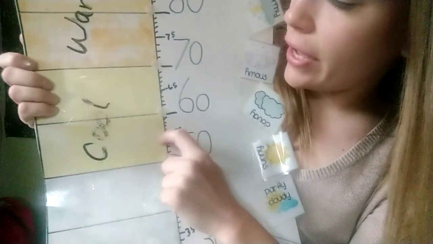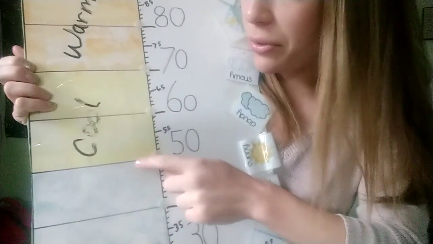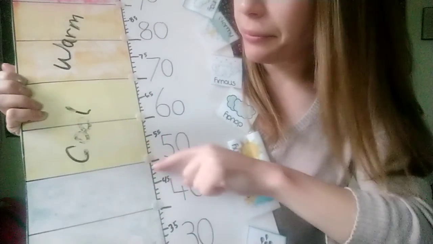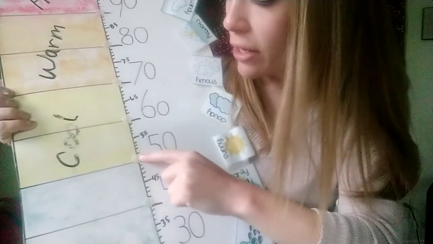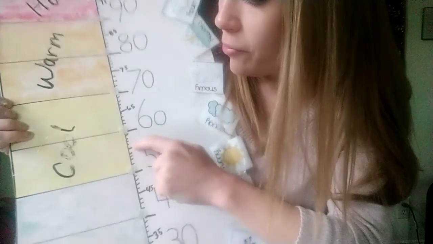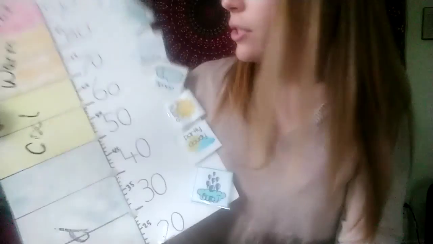And we are in that cool temperature range, but on the lower end of it. See, it's almost cold. 50 is the border between the cold and cool temperature range. So we are 5 degrees warmer than that border. We're very close to the cool temperature range, but we are in the cool, so it will be cooler later on tonight too. It's going to be cool all day. Okay.